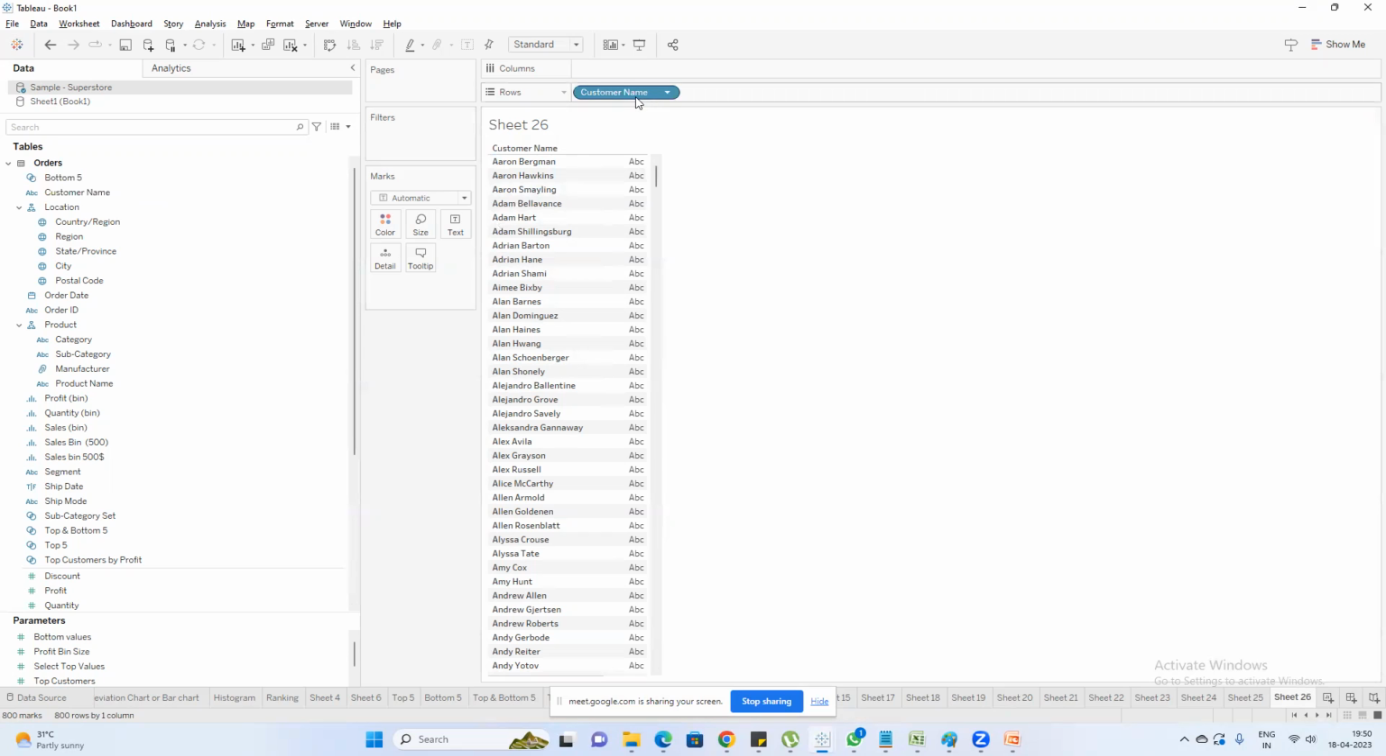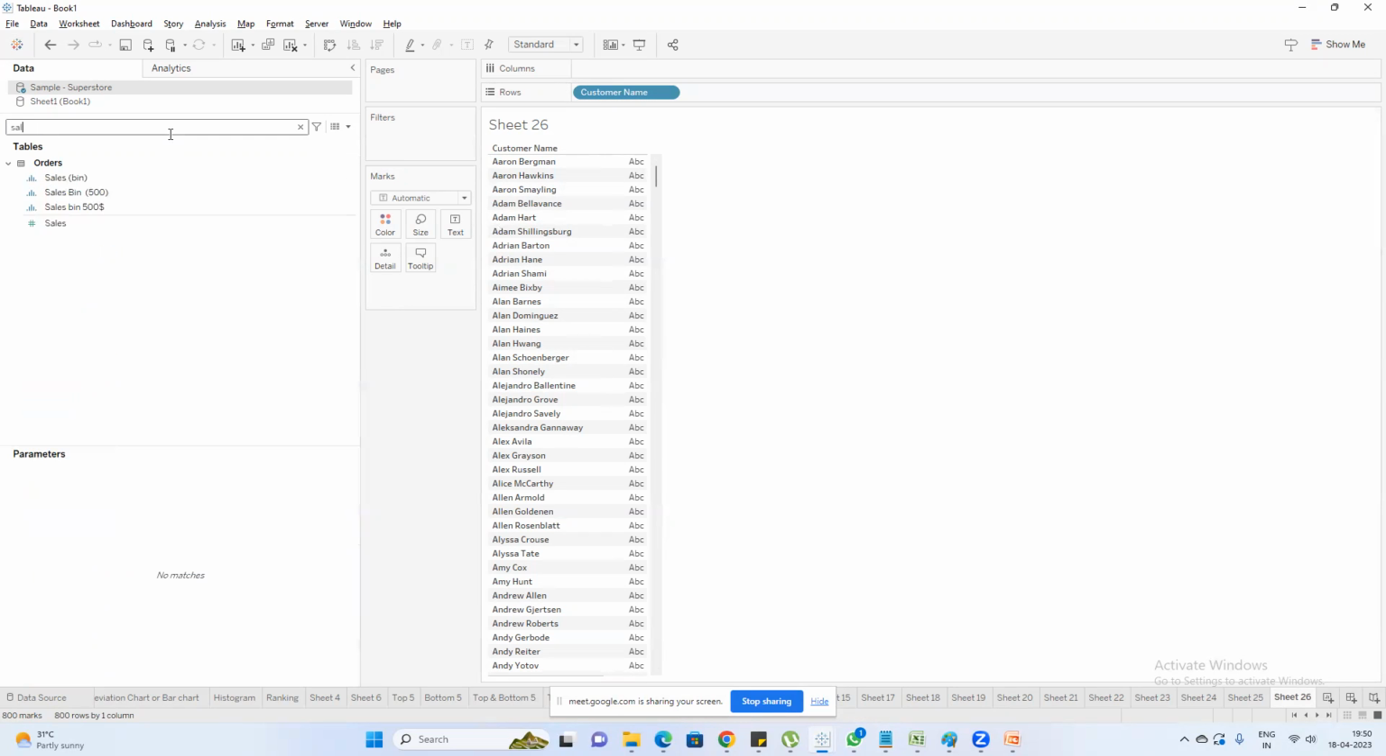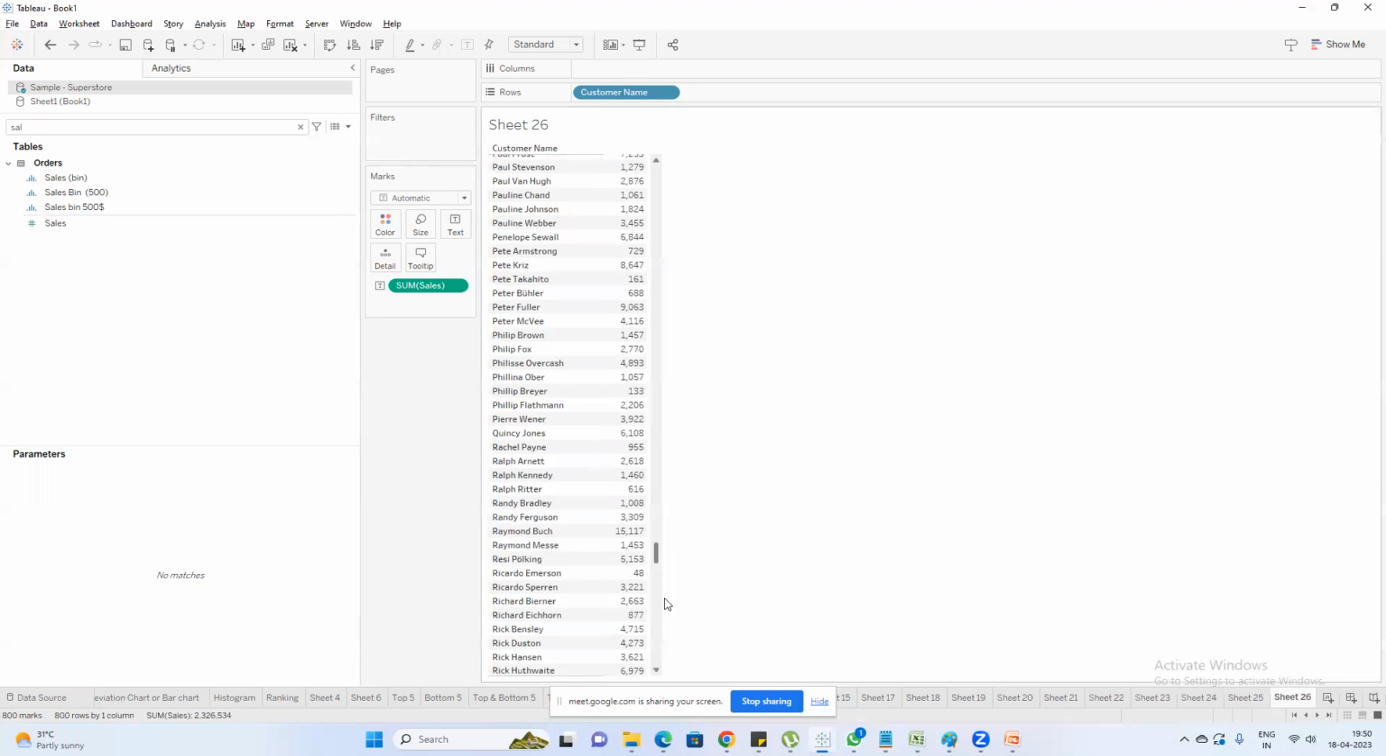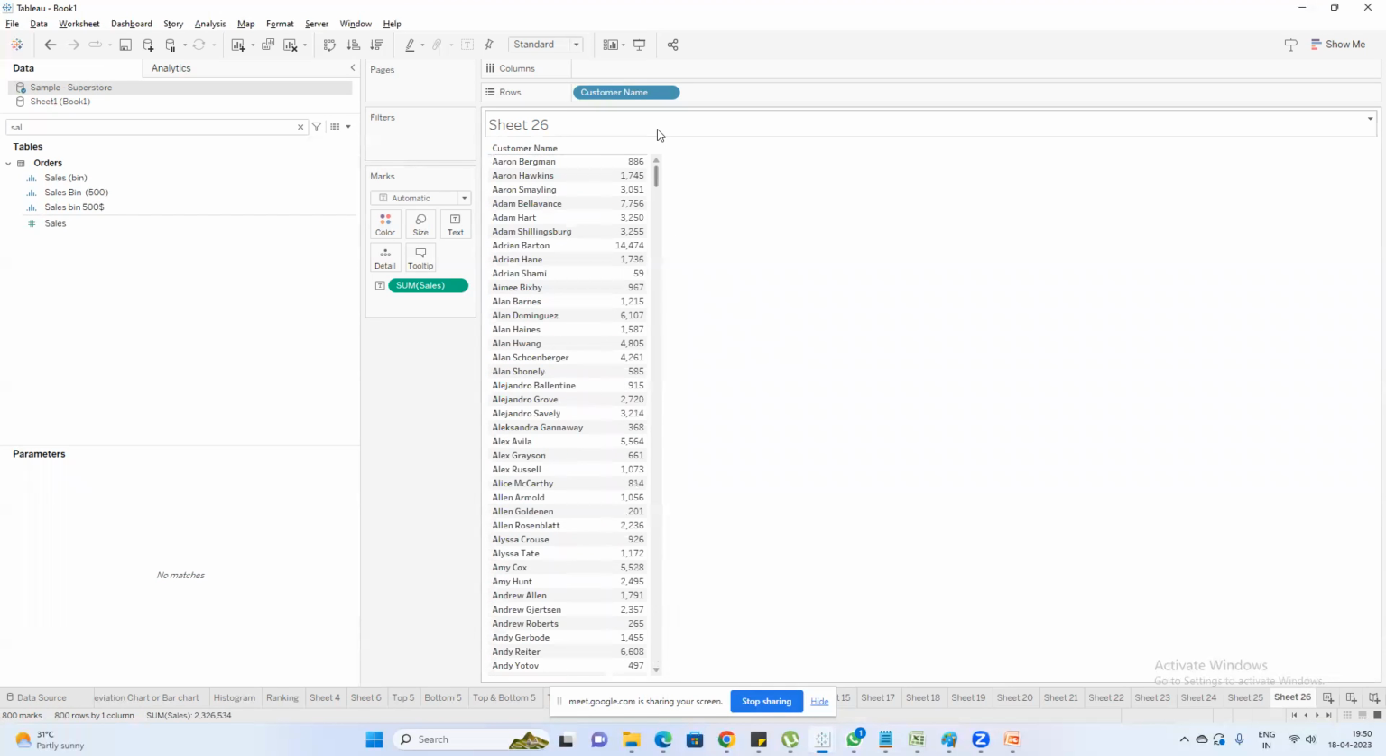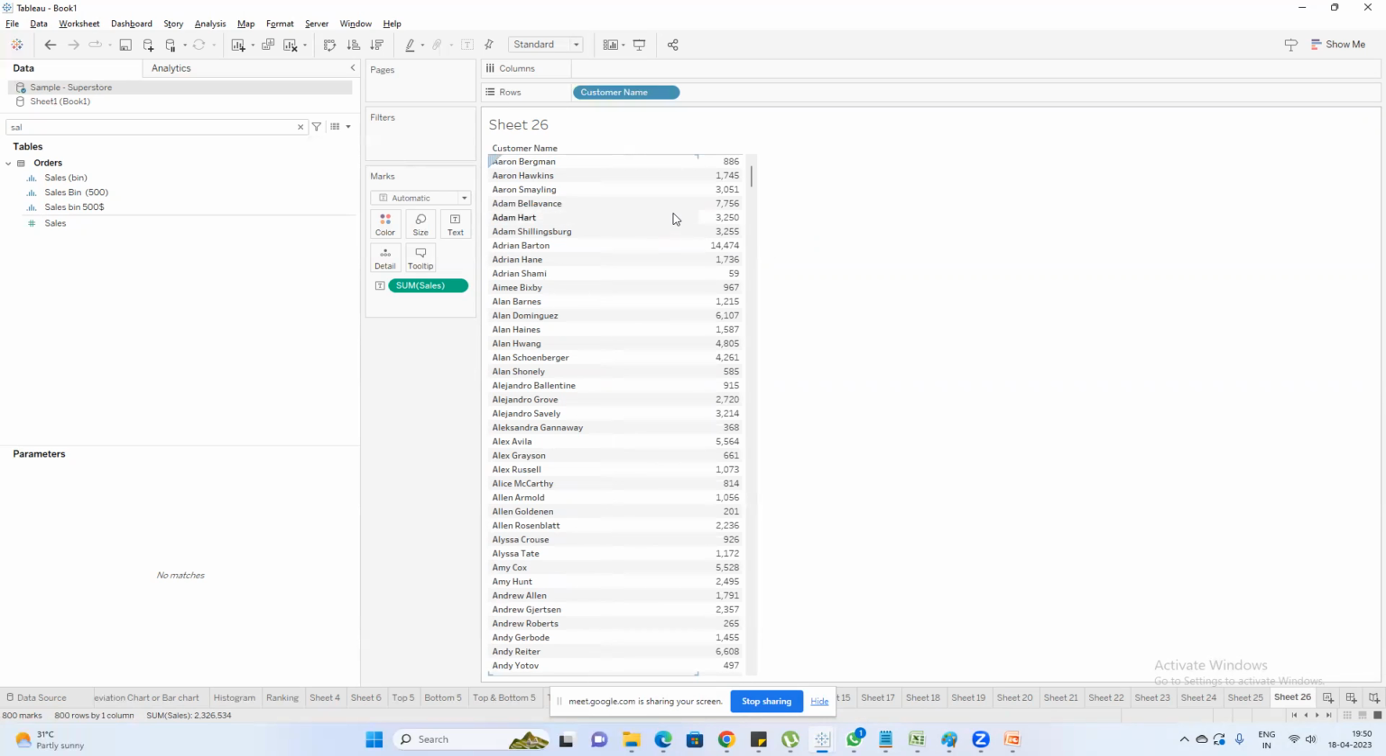So there are many ways we can filter the data. Now that you see the data in a different way, by default this is sorted based on chronological order or alphabetical order, as you see. But I want to see,